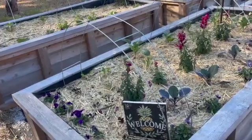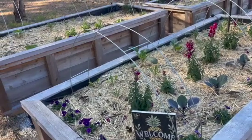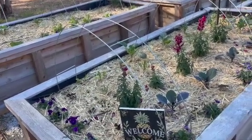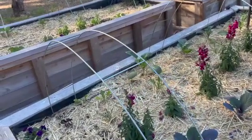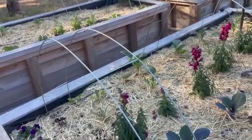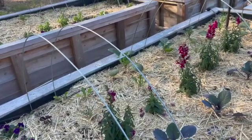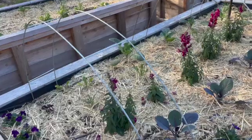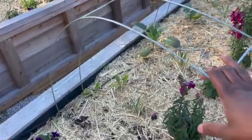Okay, so you all remember when I said I'm going to tell you what I'm going to do, because we have a really short spring here, and I don't want my leafy greens like my cabbage and my collards and my broccoli to bolt, because some of my fall planted greens are starting to bolt and go to seed, but I'm okay with that. But one of the things I'm going to do, these are supports that are right here,